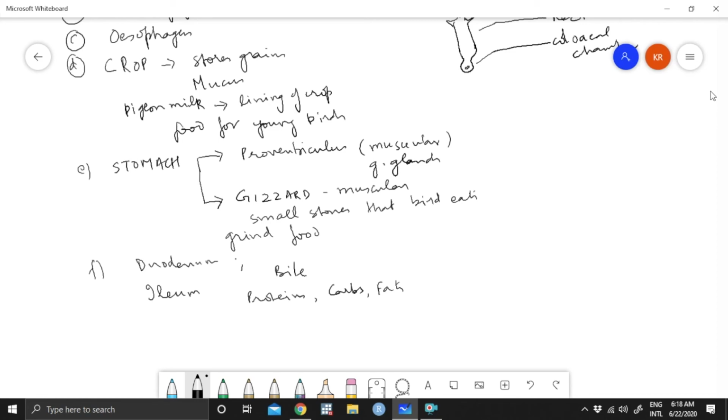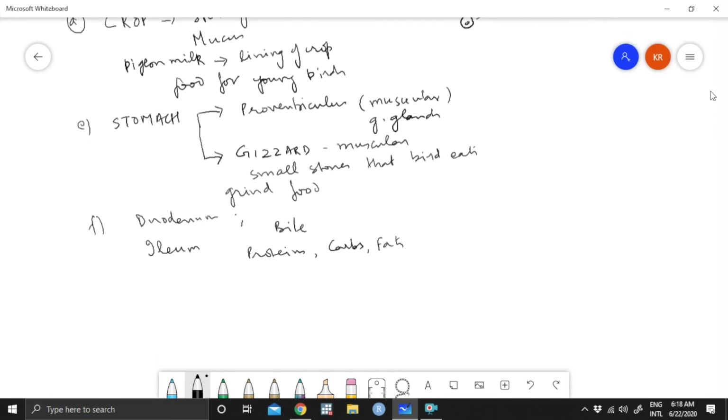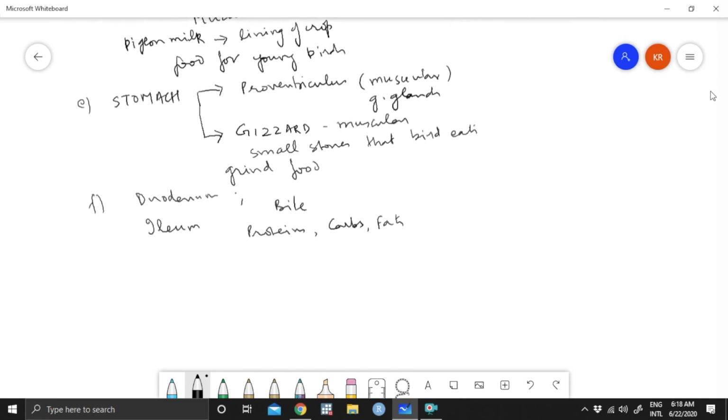In pigeon, the intestine is not very long as compared to, say, a human being. Birds are very efficient in digesting food. They have to be, because otherwise the bird has a requirement of a lot of energy, because it is flying, and therefore it requires digesting food very fast. So in a bird, maximum efficiency of digesting food is there, and relatively speaking, its intestine is not very long.